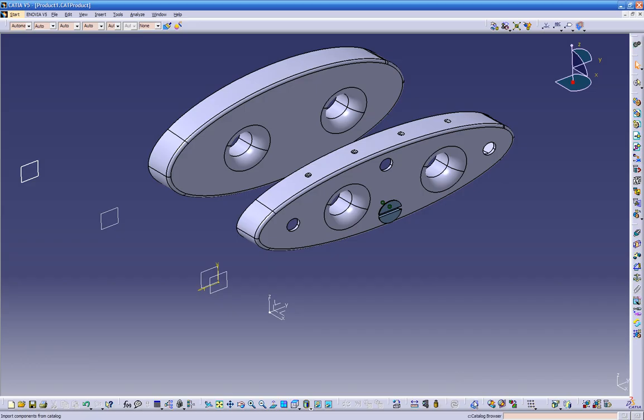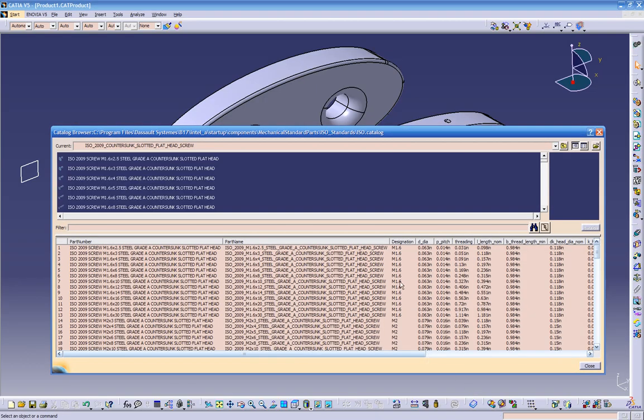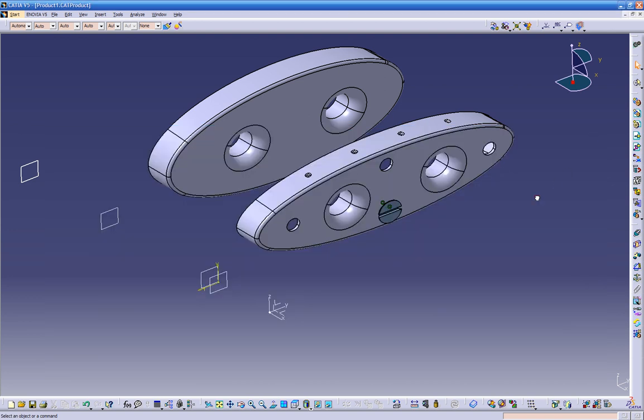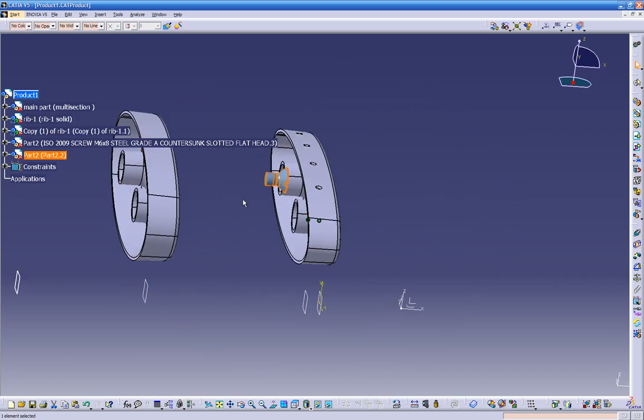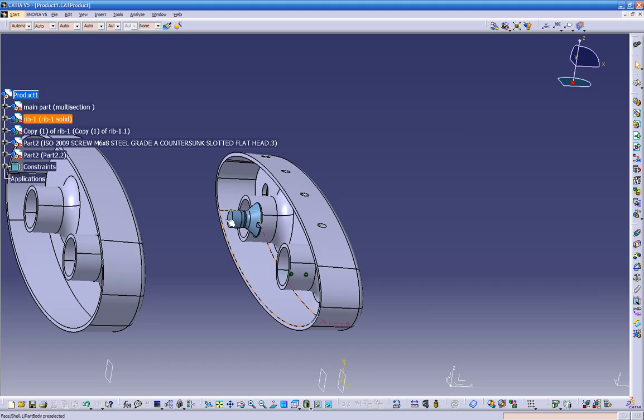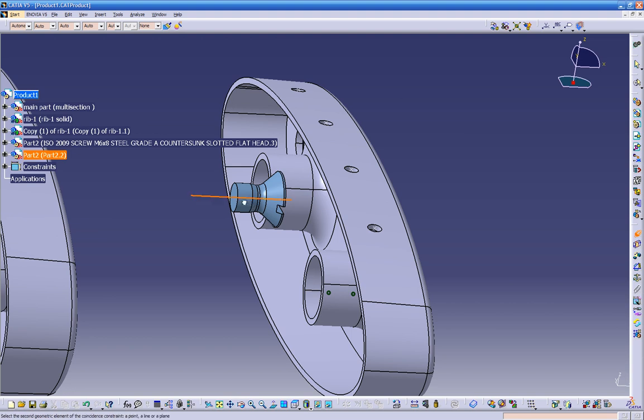And we can bring again more screws. Go to catalog, pick again the same screw, which will take a little longer, or we can go the easy way. Just click F3 to see what we have in here, and we can go to this option. It's called the fast multi instantiation, or Control D. So if you click on the screw and you click here, automatically we got our second screw, which is right here. So let's do a coincidence from this center